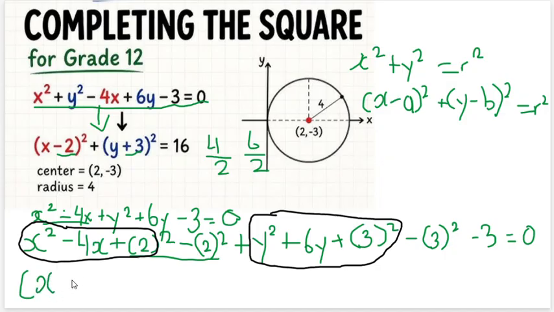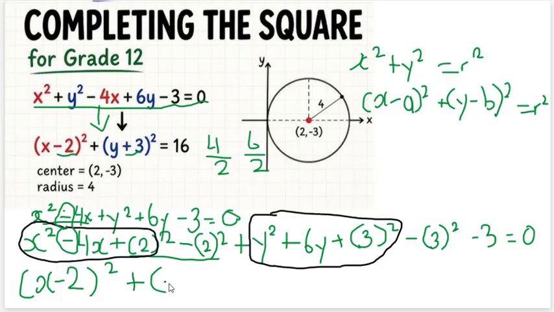For the sign, it's whatever sign was on the 4x, the x value. Since this is negative, here it will be negative. If this was positive, here would have been positive. Now we're going to bring the number that we divided by 2, which gave us an answer of 2. We close our bracket, squared, plus